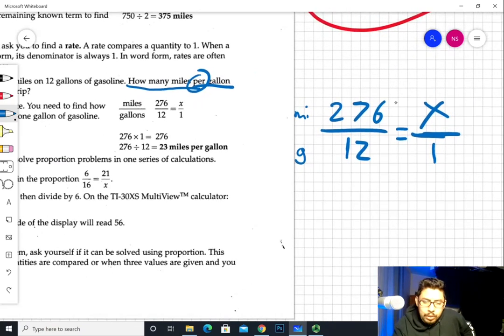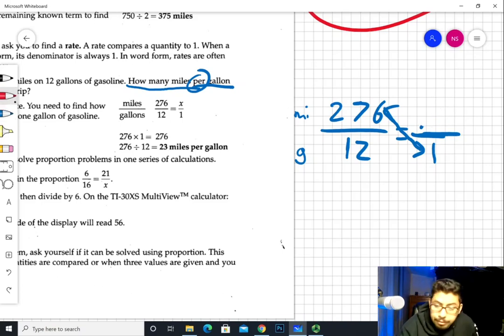But yeah, you cross multiply 276 times 1. You obviously get 276. 276 divided by 12, and we get our answer of 23. That's how many miles you get from 1 gallon. My friends,